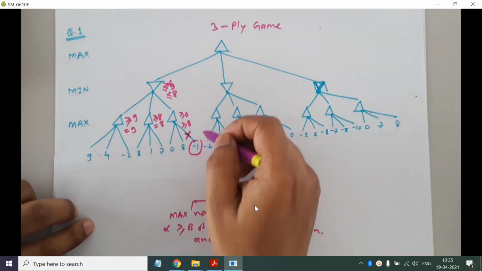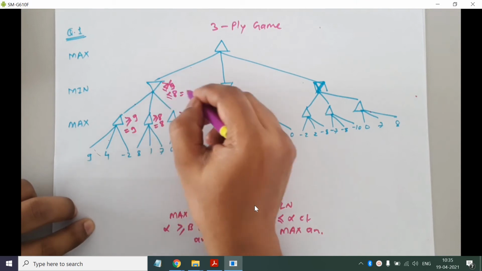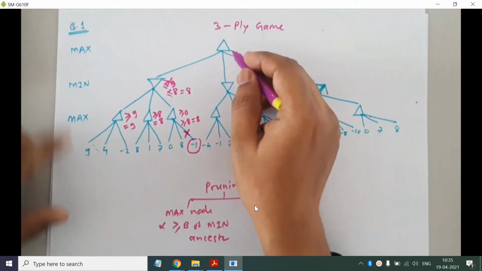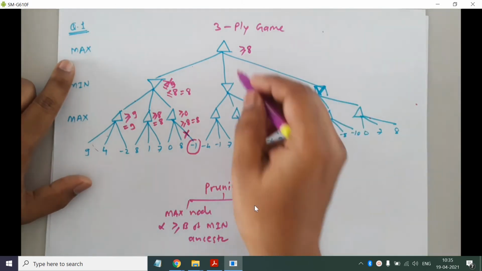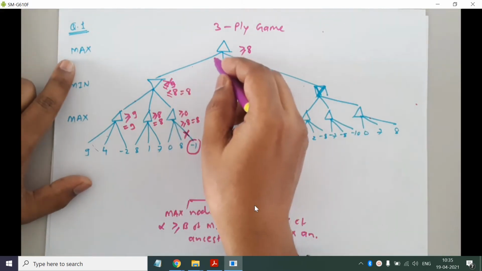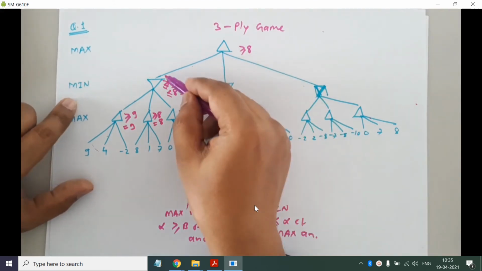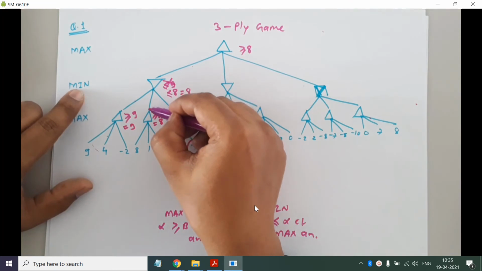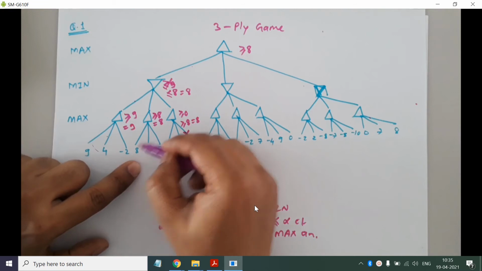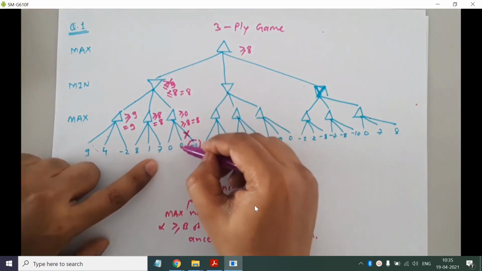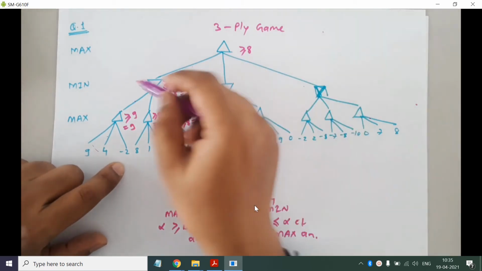Okay, so we'll now traverse back. So the minimax value of this node is 8, the beta value of this min node will become 8, and max will now expect a higher value than 8. If he goes in this branch, he is getting the value 8. If he chooses this action, min will choose this action, and here max has the best value as 8. Even if he chooses this one, again he will get 8 only. So for this branch the reward is 8.